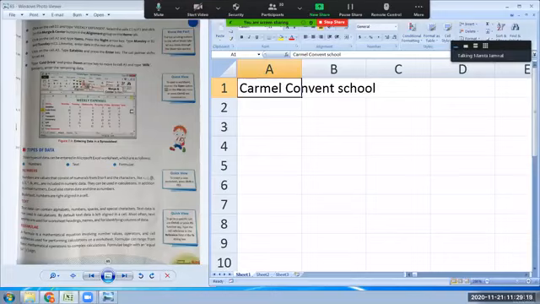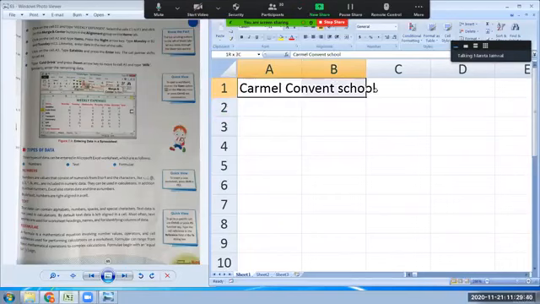All this data falls under the data type number, right? And it can be used in calculations. If you type number type data in any cell, that data can be used for calculations.